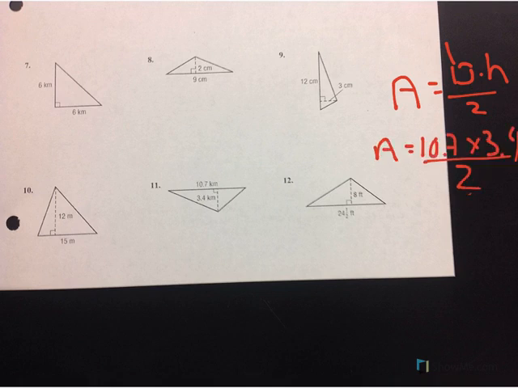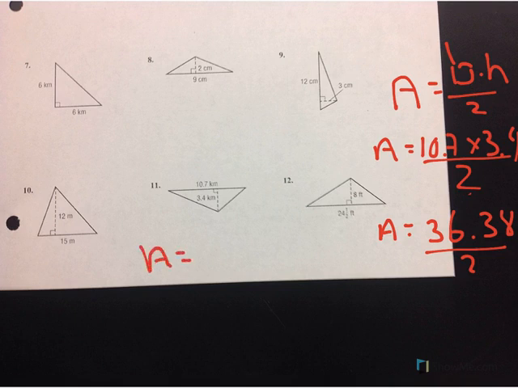So let me fix this. Okay, I think that's a little bit better right there. So first I'm going to multiply my base, which is 10 and 7/10, times 3 and 4/10. And at that point, I'm going to get the area is equal to 36 and 38/100. Now remember, it's a triangle, so I have to divide that by 2. So when I divide it by 2, I get my area equals 18